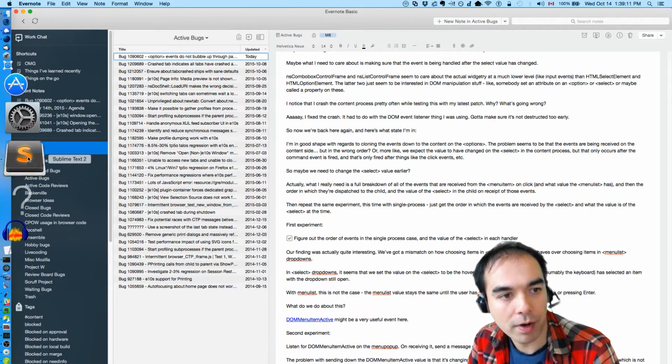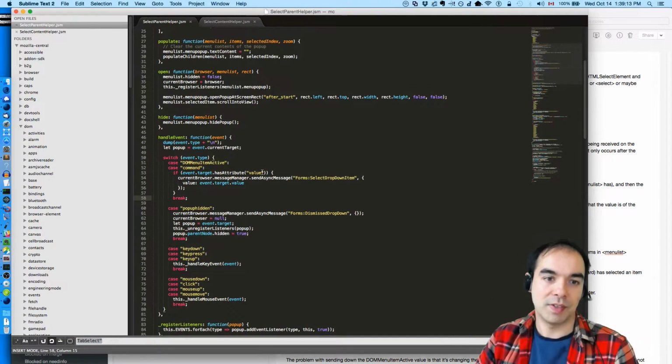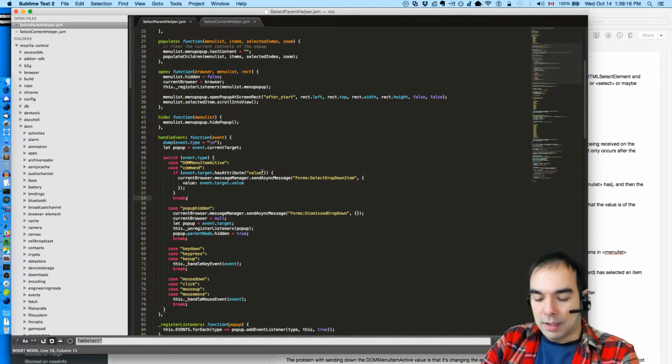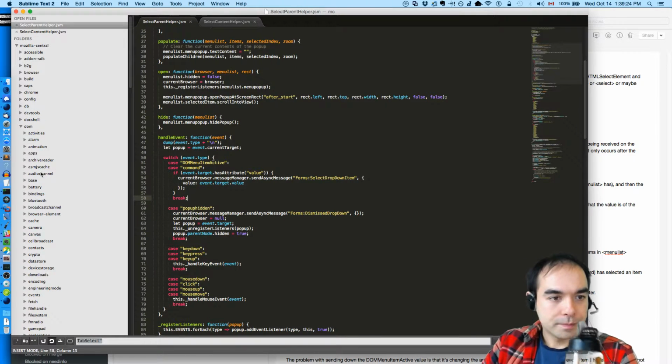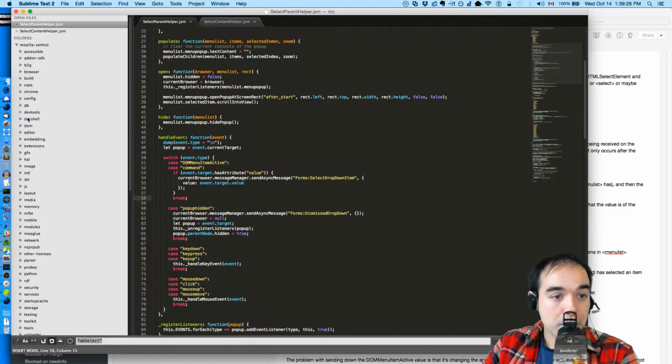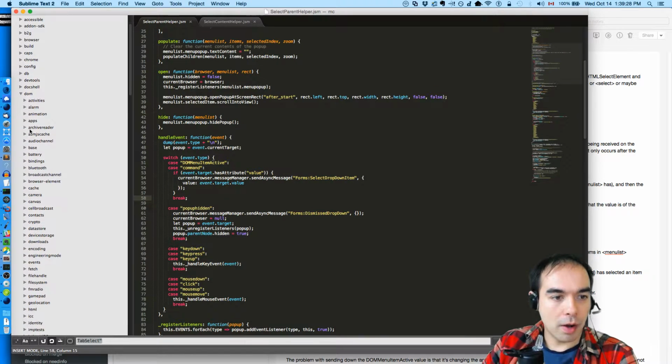Exploration time. We're going to figure out how this select dropdown works. Take a quick peek. Where would it be? Well, probably in DOM.